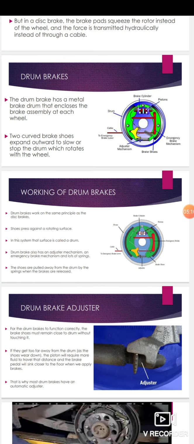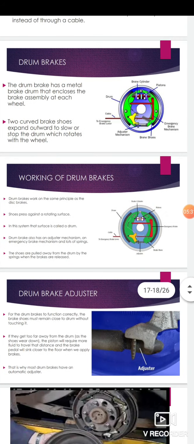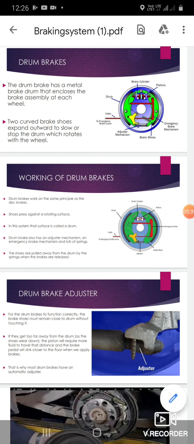This half-curved form of brake shoe tries to stop it with the help of force applied in the outward direction towards the drum. The drum and the shoe contact each other slowly and try to stop the drum, and this drum is basically connected to the wheel, so the wheel is stopped. These are the function of the